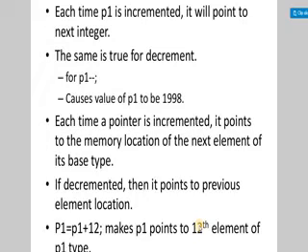In that way we perform different operations, and that is also true for decrement, the subtraction operation. So that is the difference between simple addition or subtraction on a simple variable and addition and subtraction on a pointer variable.